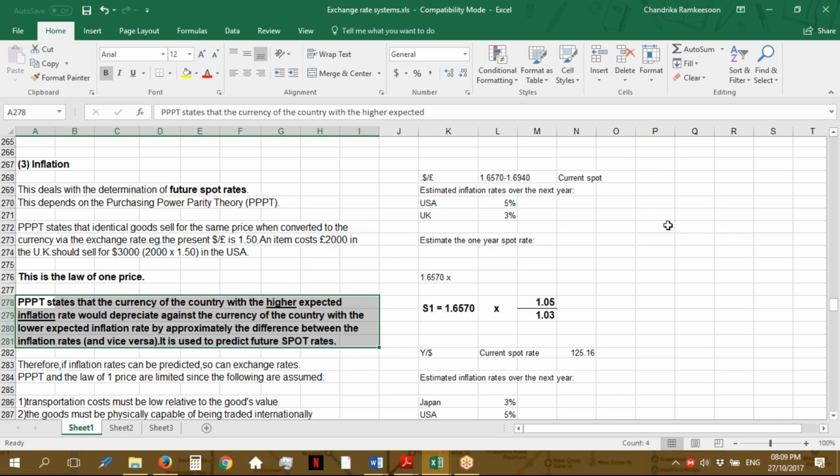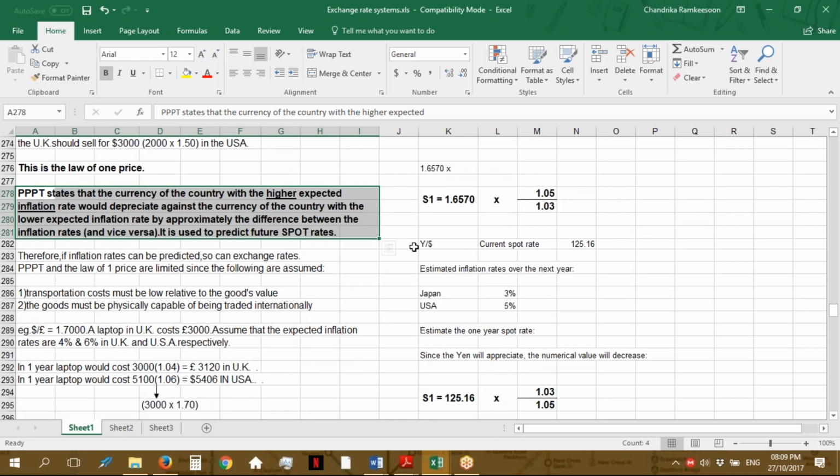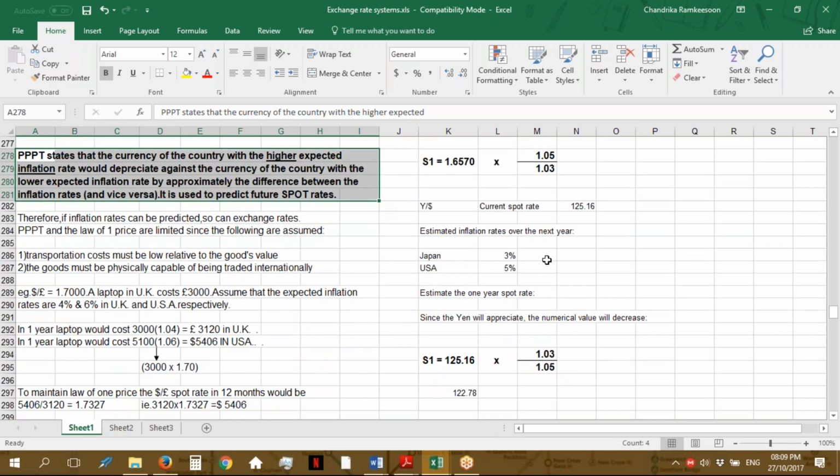Now, we can use another example. The yen against the dollar. Current spot rate is 125.16 yen for a dollar. Estimated inflation rates over the next year: Japan 3, USA 5. Now right away, and we have to estimate the spot rate in a year's time. Right away, we know